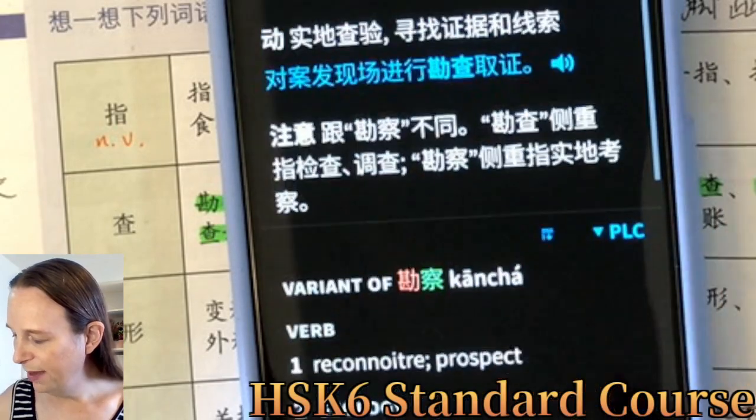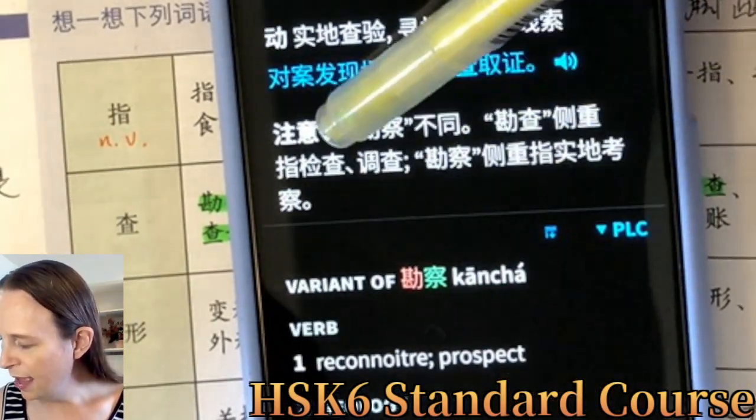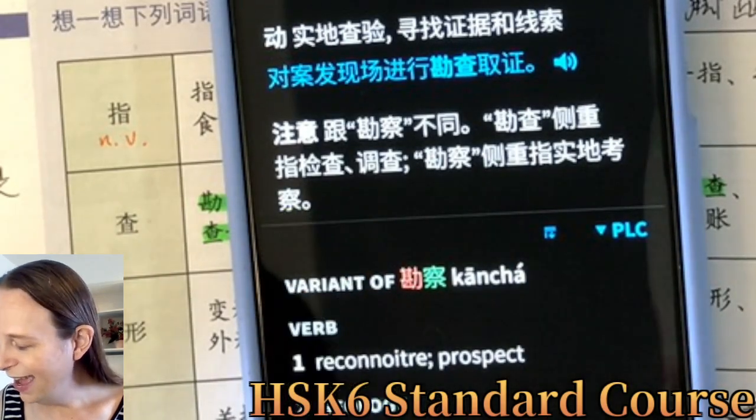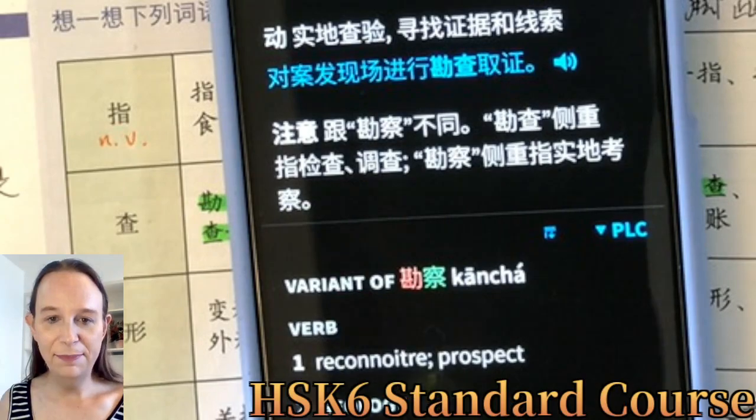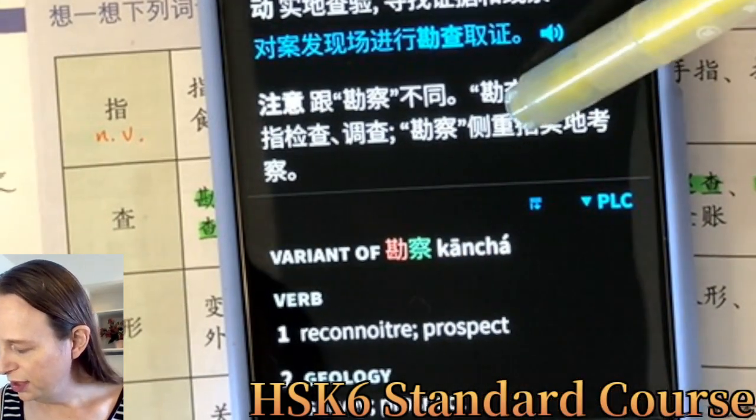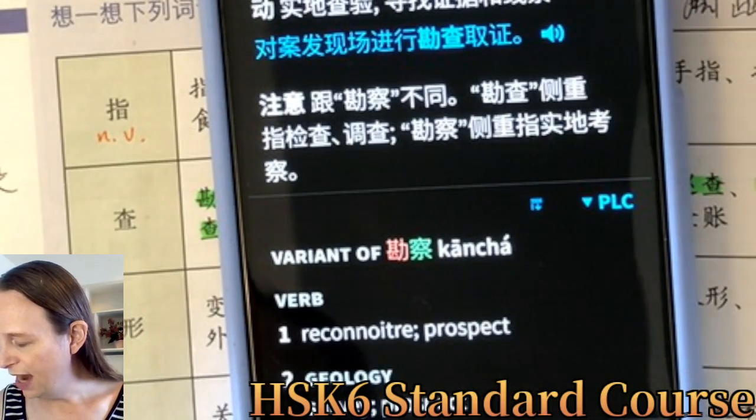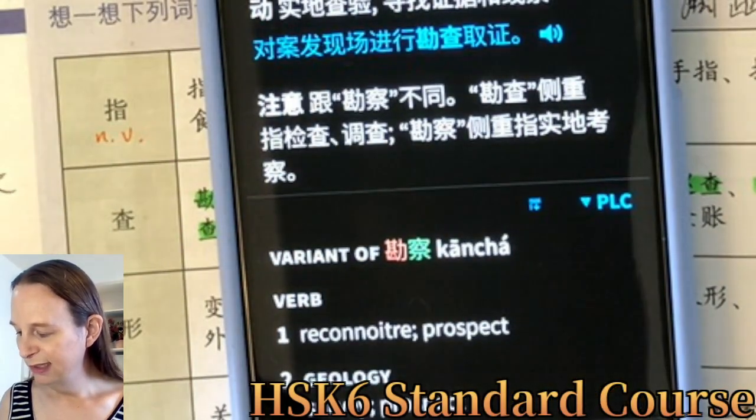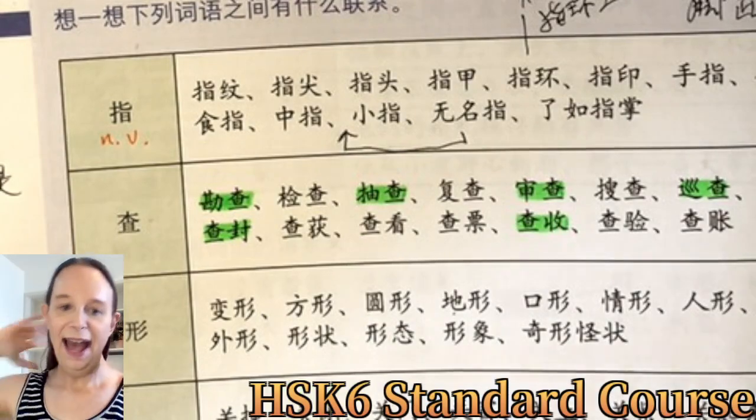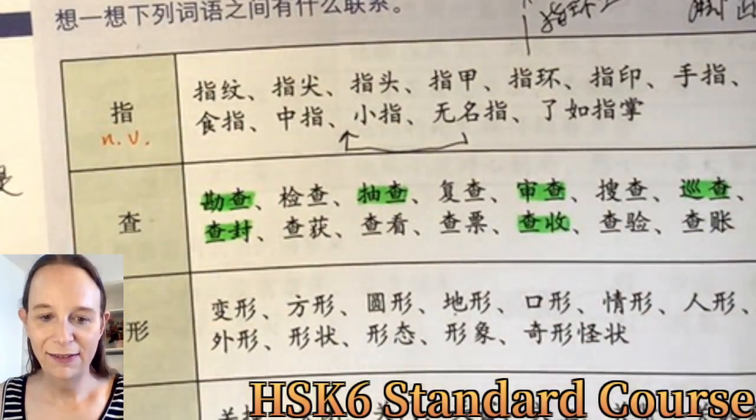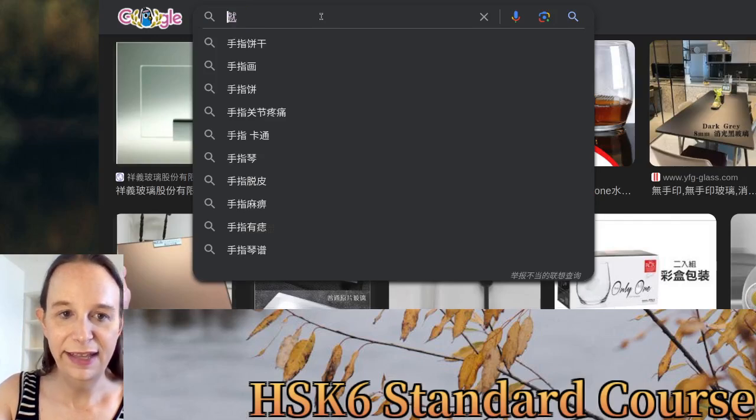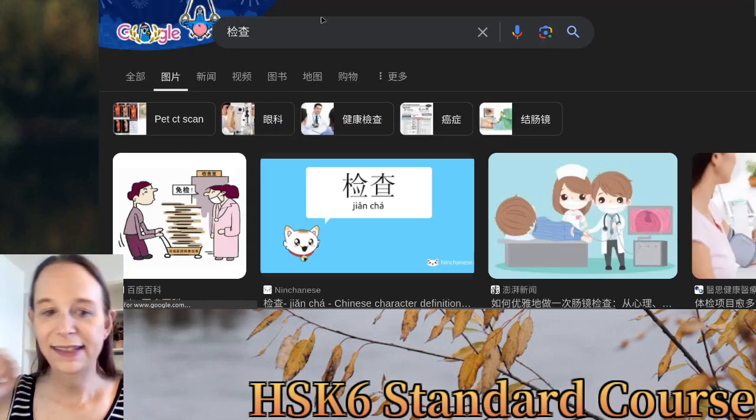What's the difference? Maybe the other one is relating to prospecting. 跟勘察不同，勘察侧重指检查调查. So inspections and investigations. 勘察 this one, 侧重指实地考察. Oh, this is on the site. Very similar. I don't think I need to know the difference. Yeah. 检查 is inspection. So you see this all the time, like at train stations or 检查 at the airport or something like this. 检查